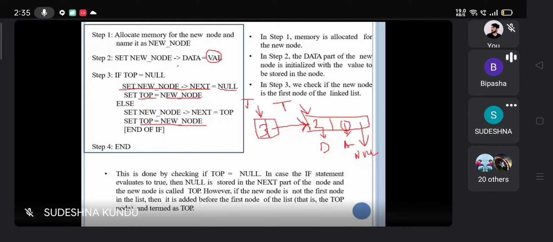That's why for the next elements onwards, the next pointer is connected to the top, and once this connection is done, you declare the newly created node again as the top, because every new element is connected to the top, and after that it is declared as the top. Is it clear, Sahil?